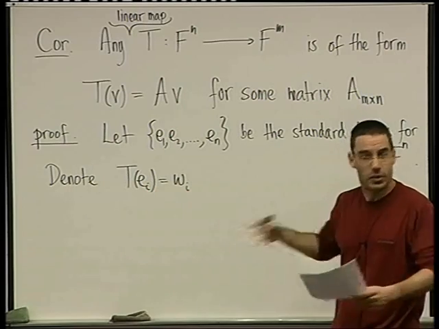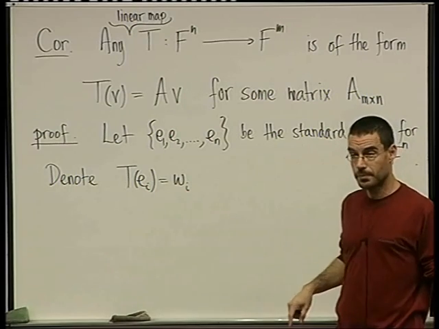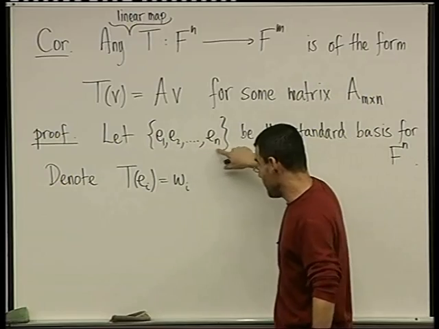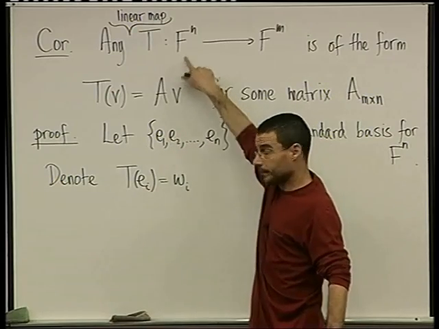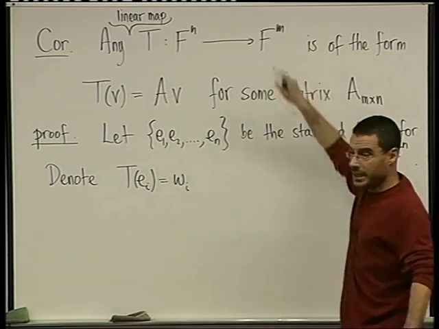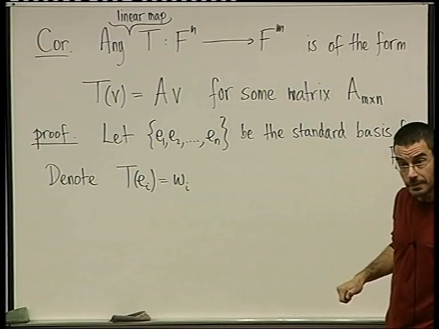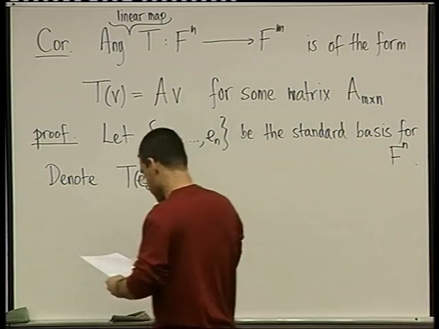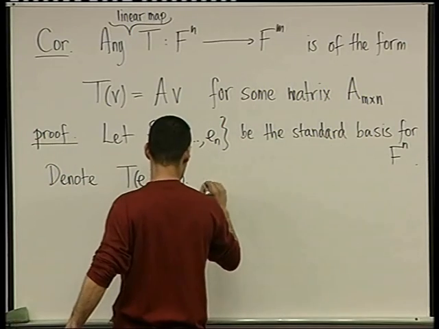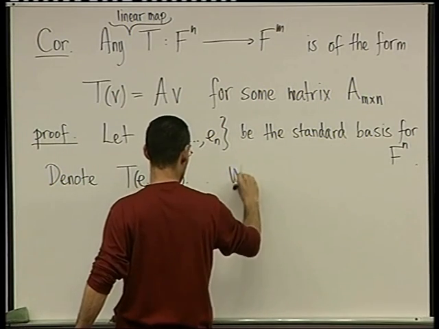I don't know anything about the W's. They're just the T's of the basis. Okay? So this is going to be the basis B, and this is going to be the set A in Fm. Good? Okay. By the previous theorem, so we have